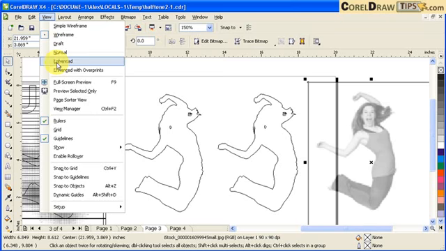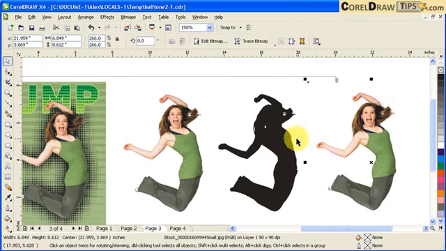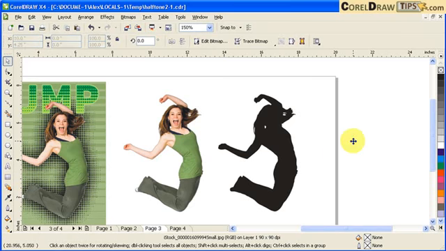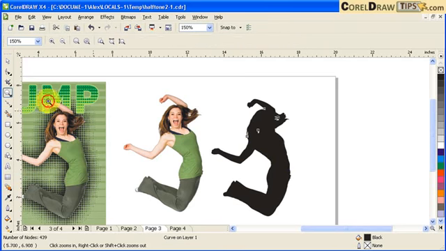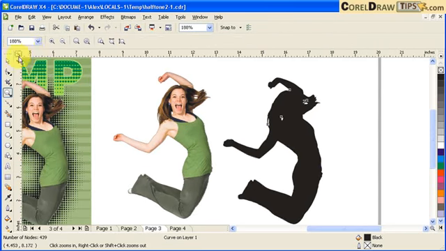and I'll go to View, Enhance View. So this is the one that I needed. I'm going to delete this photograph now, and now we're ready to do the effect. So first step is